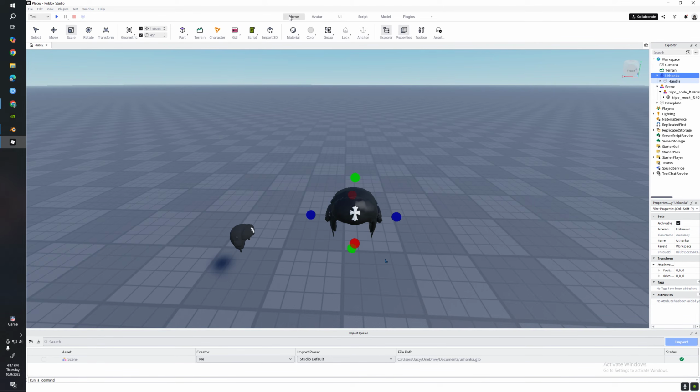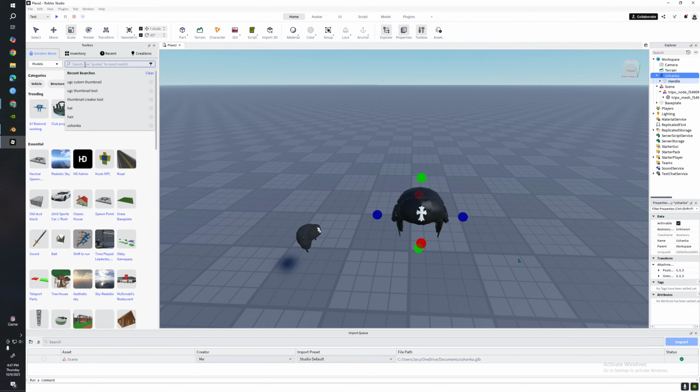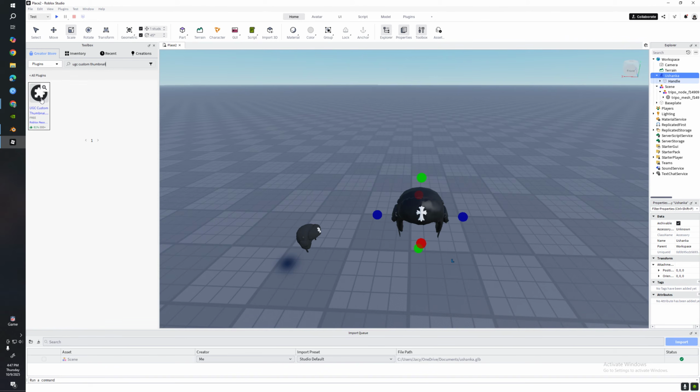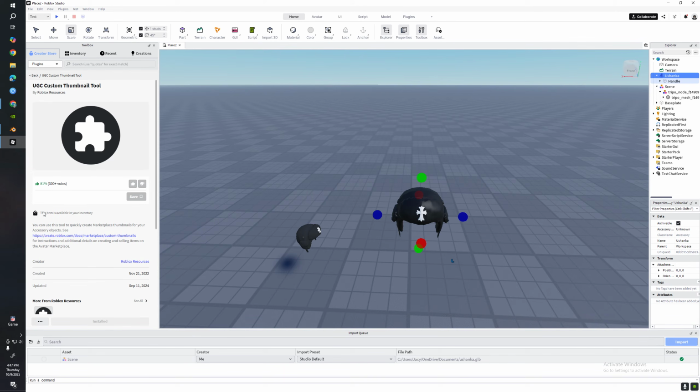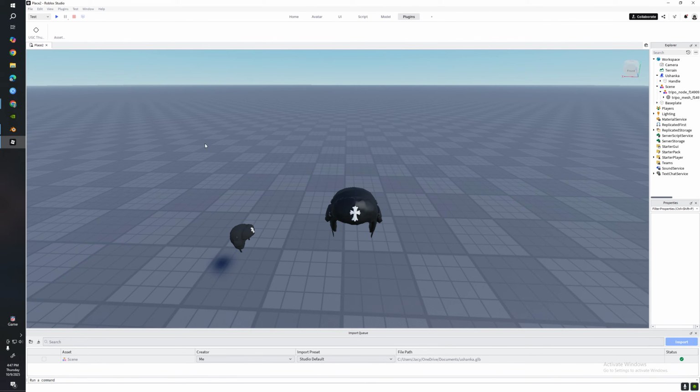And very simple. We're gonna need to make a thumbnail. To make that, you're gonna need to download this UGC custom thumbnail. If you look that up, you go to the toolbox here on Roblox Studio, UGC custom thumbnail, and go to models and plugins. But this should pop up as a puzzle piece. As you can see, this item is already in my inventory, but you're going to want to download that and